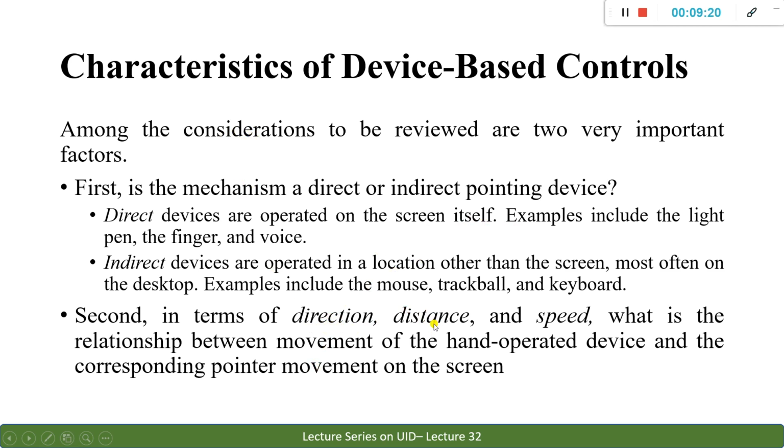Second thing is distance. What is the distance the mouse has traveled for this particular direction of movement? That is also important. It should not happen that however wide my screen is, that much I have to move the mouse. And the speed of it: the distance and the speed are directly related.